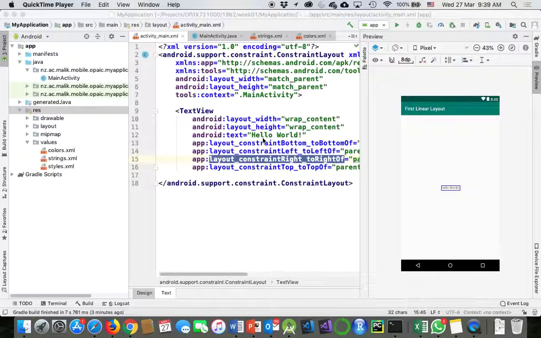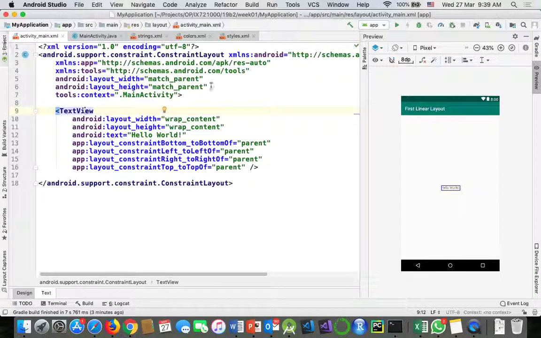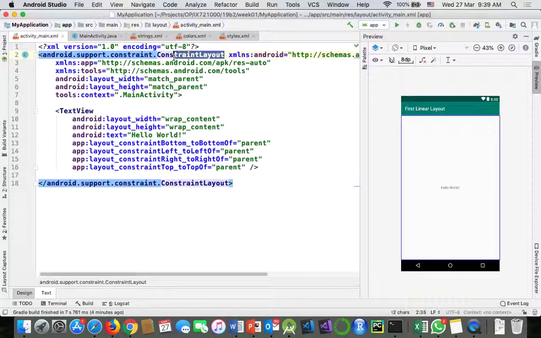We have created that particular project. As I told you, we are going to be working with the linear layout. So I just try to close this particular part so we have a clear view. What I'm trying to do here: by default, Android Studio creates that particular layout as a